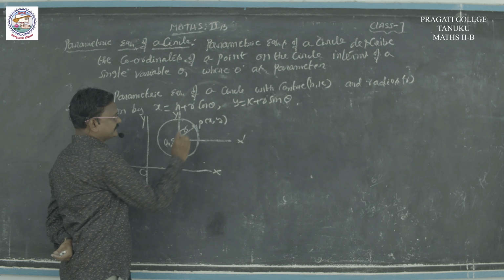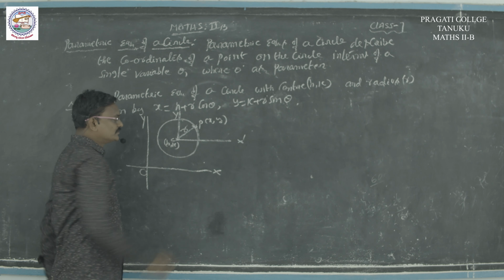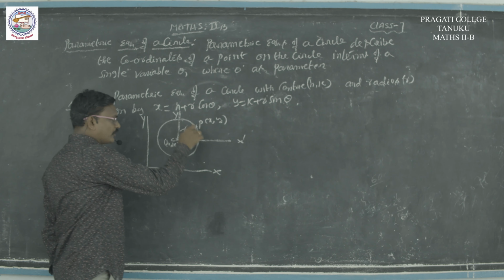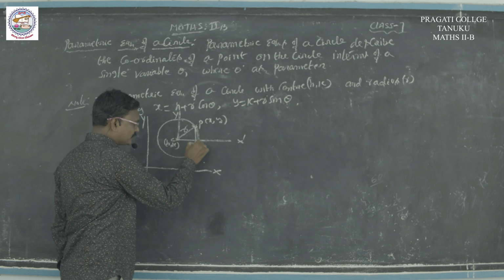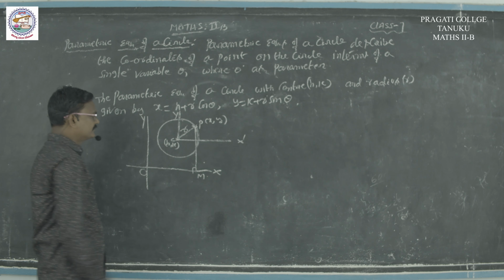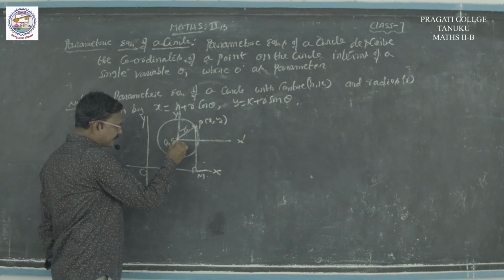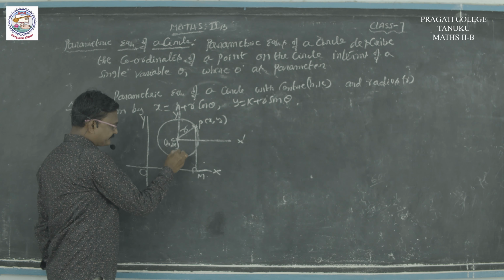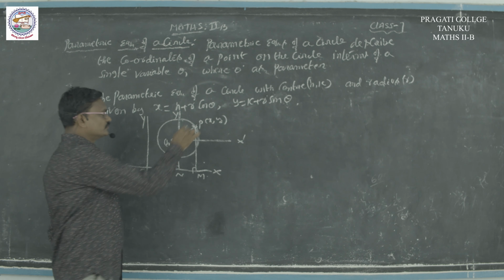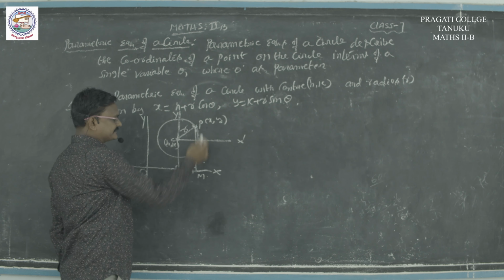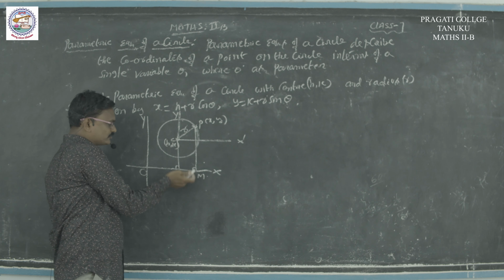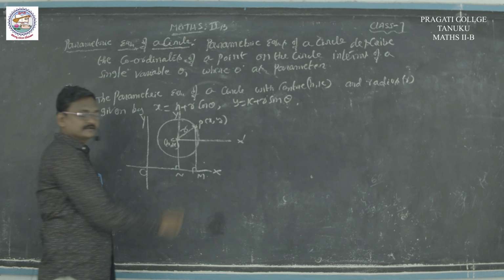And the next one is here we have point P. Through this point P, draw a perpendicular to the x-axis. Suppose this is taken as M. And from C, draw a perpendicular to x-axis. Suppose this is N. Do you understand? Through P, draw a perpendicular which cuts the x-axis, that point is M. Next, draw a perpendicular from the center to the x-axis. Where it cuts, that is N.